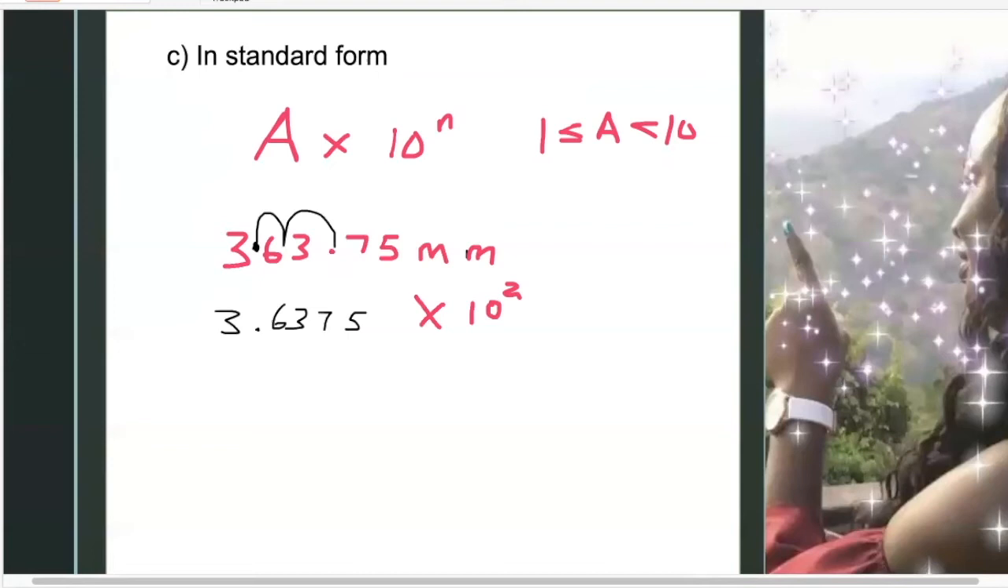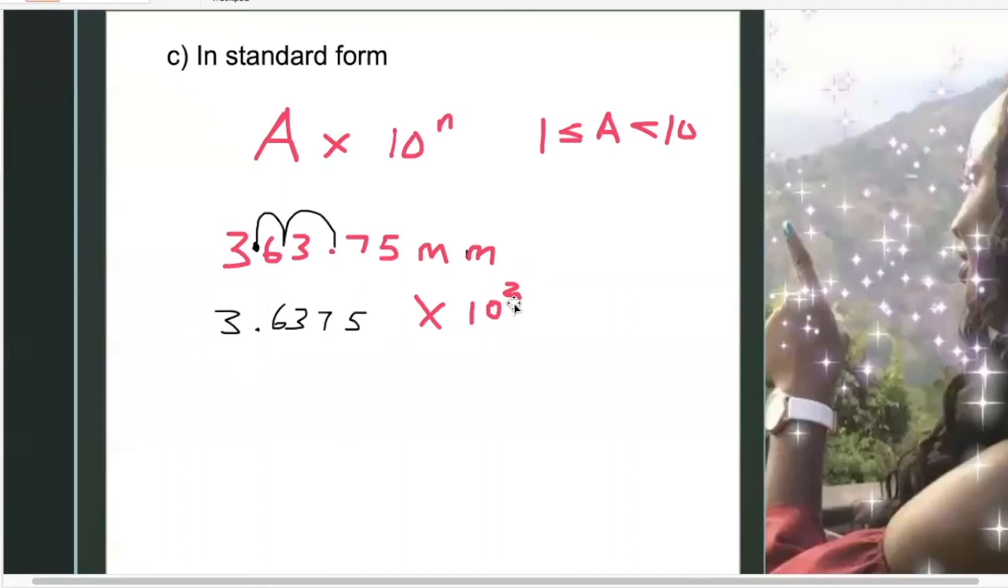Since we moved the decimal point 2 places to the left, I'm going to have times 10 to the 2. So if I've moved it 5 places to the left, then your standard form will have times 10 to the 5. So the answer for this is 3.6375 times 10 to the 2,